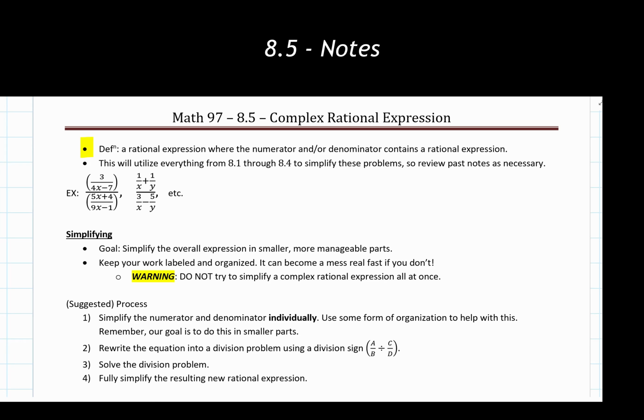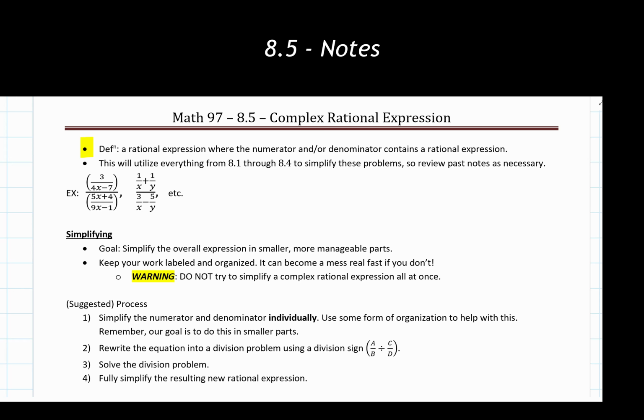You can also think of this as effectively being, like we have with our two examples that we see here, fractions inside of other fractions. Our first one just has a fraction up top and a fraction down below. The second one has multiple fractions up top and multiple fractions down below, but again, fractions inside of fractions is the easiest way to think of complex rational expressions.